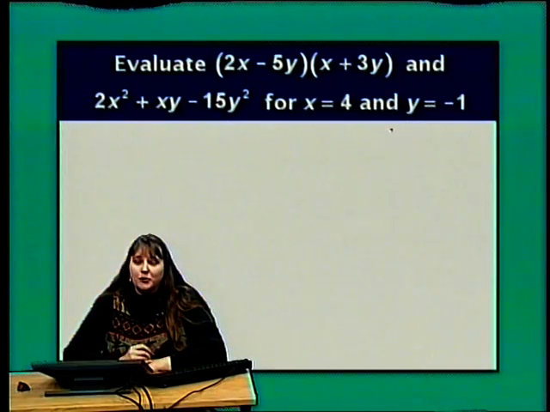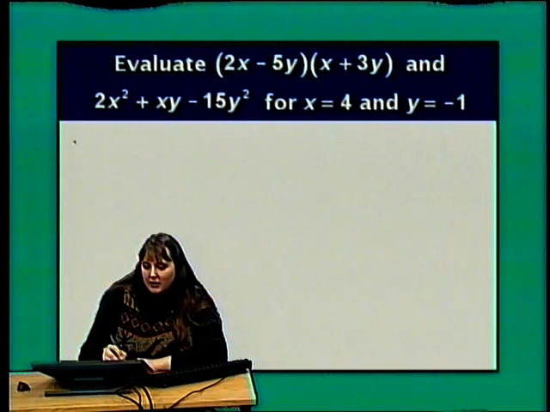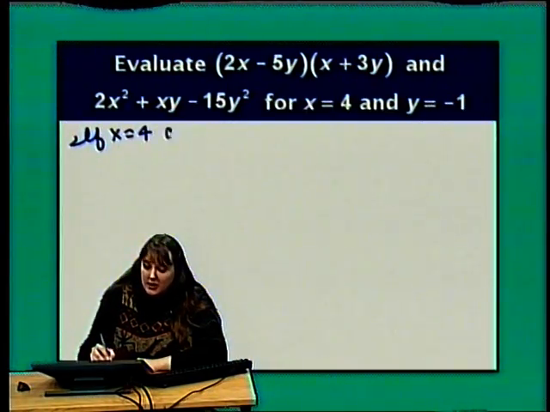Well, let's look at the two expressions we just worked with. We multiplied 2x minus 5y, that binomial, by the binomial x plus 3y, and we got 2x squared plus xy minus 15y squared. Let's evaluate both of these expressions when x is equal to 4 and y is equal to -1, and see if we get the same result. FOIL tells us that we should, but let's actually verify this. So if x equals 4 and y equals -1,